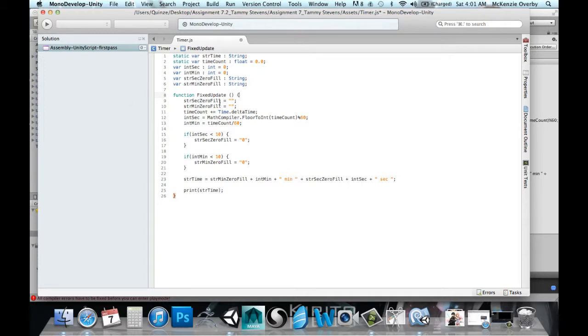String second 0 fill equals blank, string minute 0 fill equals blank, time count plus equals Time.deltaTime. Good, int seconds equals,